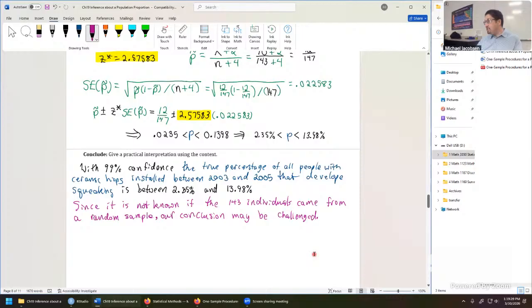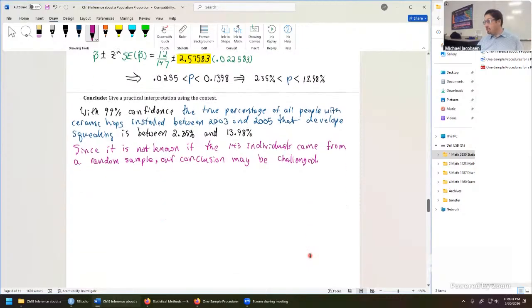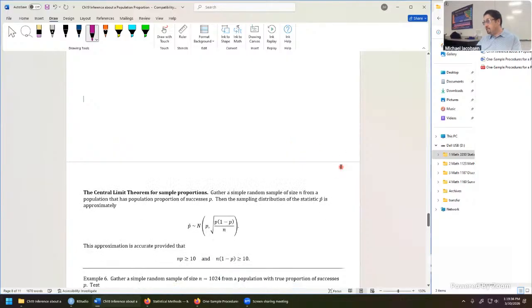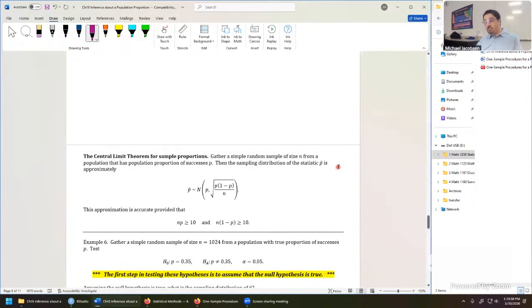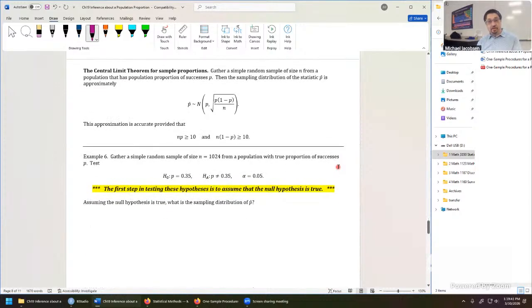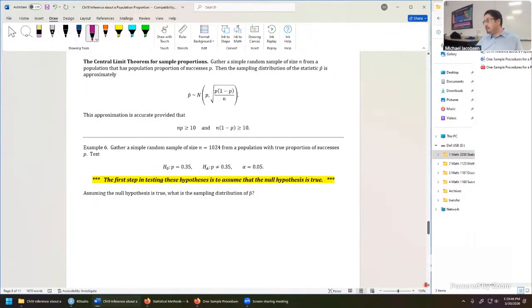So here's our rundown for the hypothesis test procedure. First thing we do is we cite the central limit theorem once again. This is the one that the confidence interval procedure is based upon, and same idea with the hypothesis test. And another thing to come back to is,